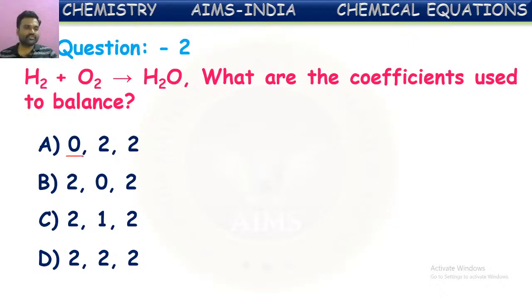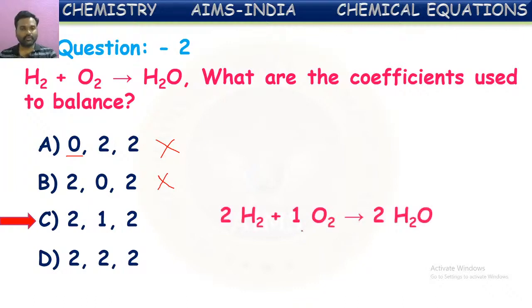As there are zeros representing no reactant involvement, these won't come under the answers. So in these two we have to check once. We can go from the options also. If we give these numbers in the equation and check the number of atoms on both the sides, then also we can guess the answer. So what is the correct answer? Yes, it is C.